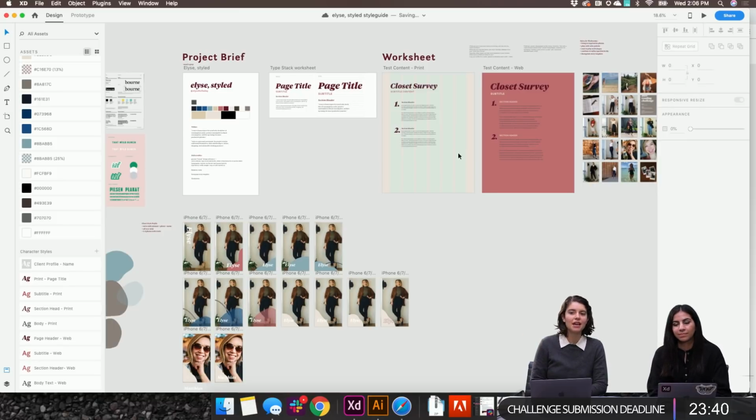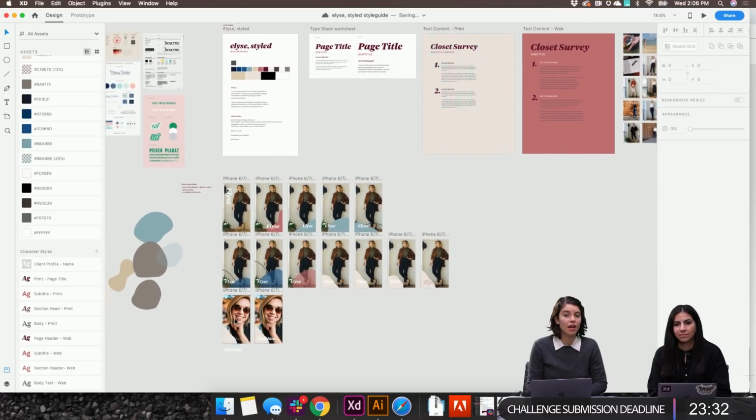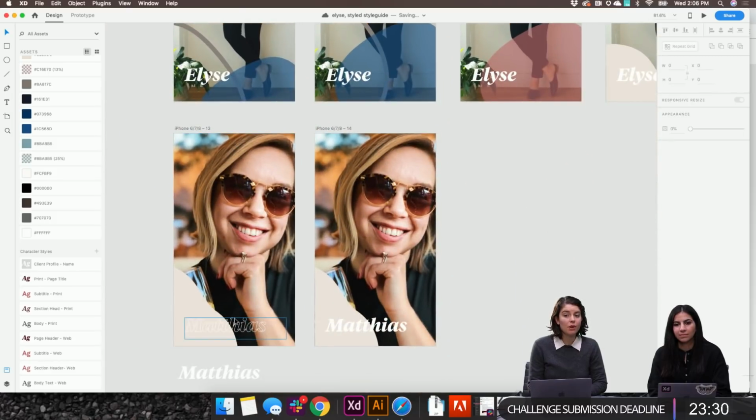But what I mean is I'm getting into shapes and colors and applying those today to some mobile assets that she's going to use with her clients to pull in their style inspiration.